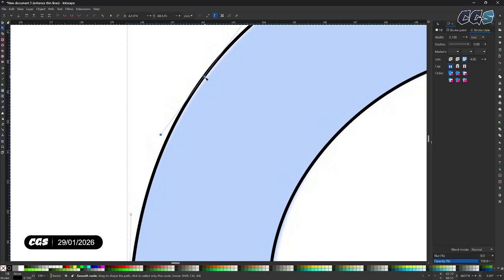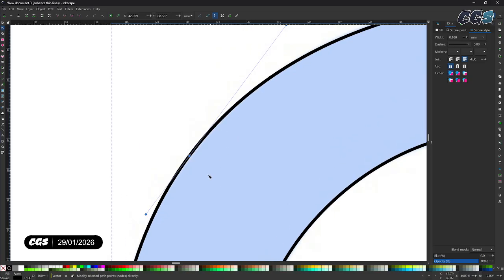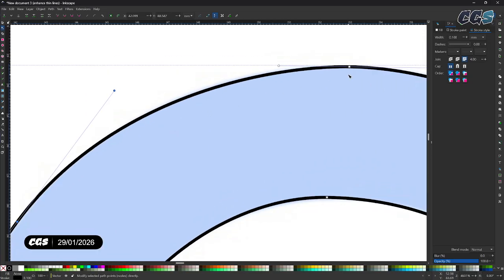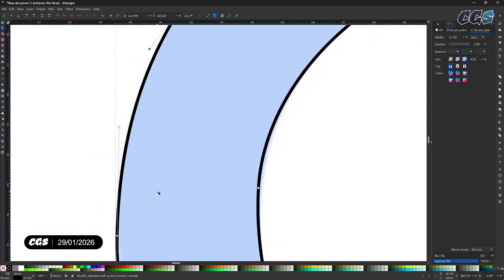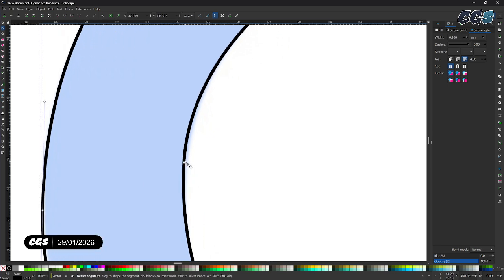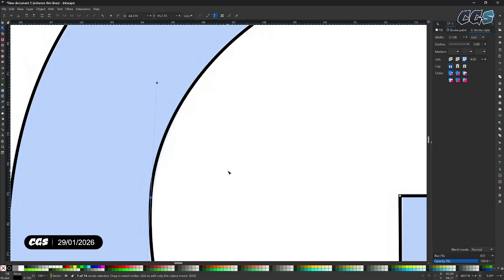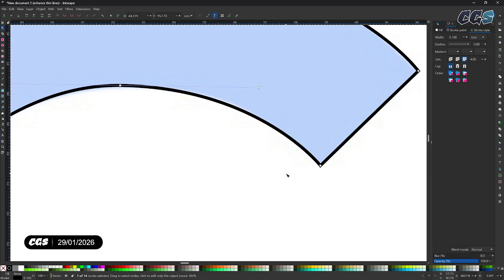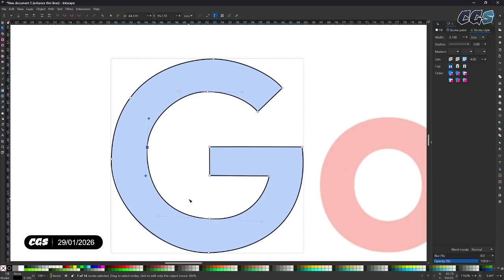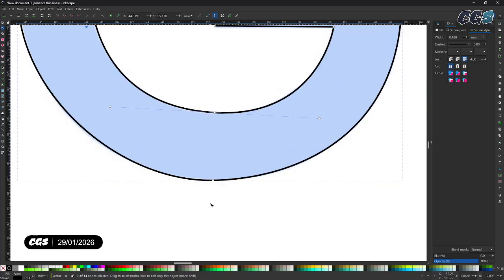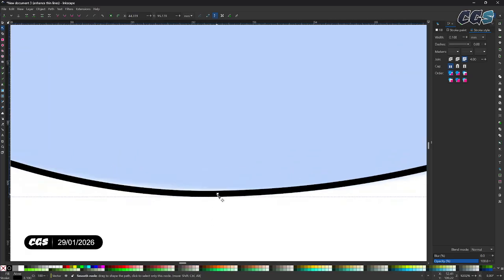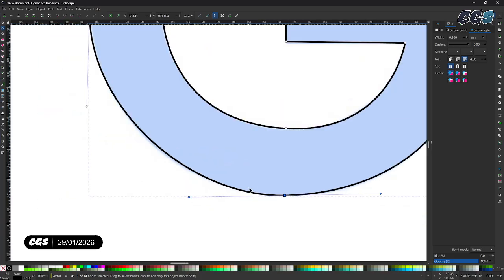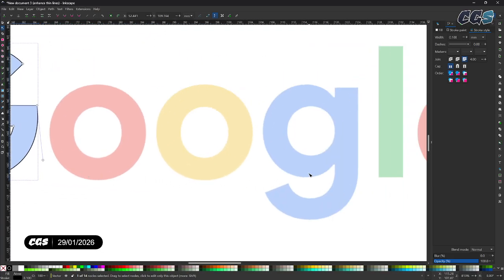When you double click anywhere on the curvature, it adds a node, so that way you can fix it, and it adjusts to the adjacent handles. So this looks much better. Maybe this one, move it a little bit to the right. Yeah, and this should be a perfect one. Maybe here I can see a little bit of a gap, I can move it in. And yeah, so let's move on to the G,